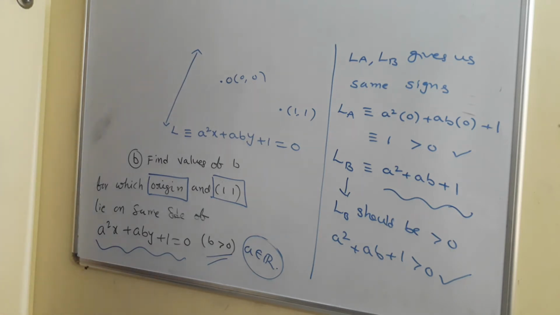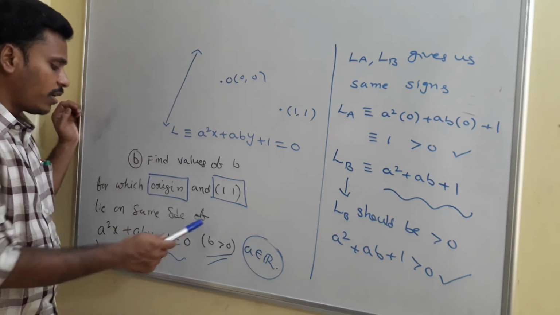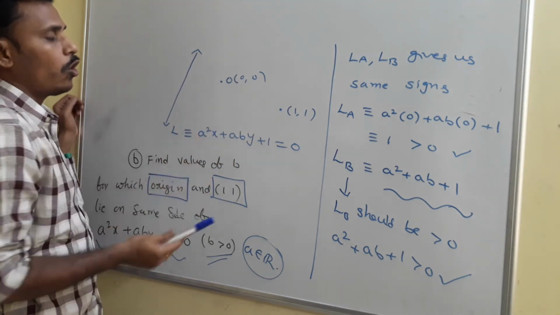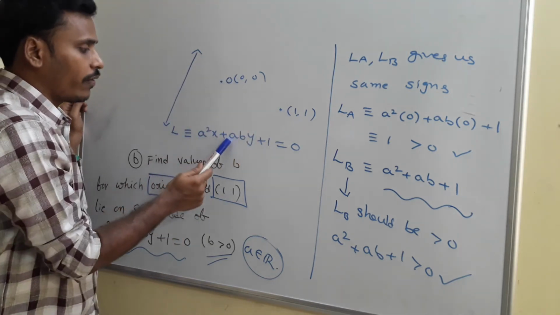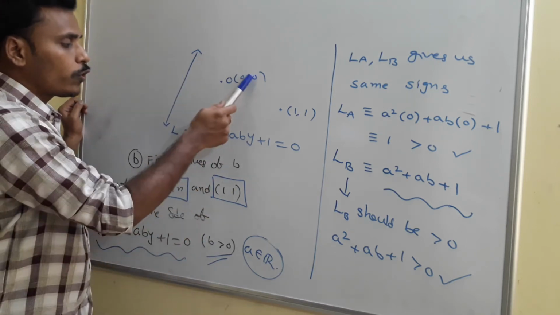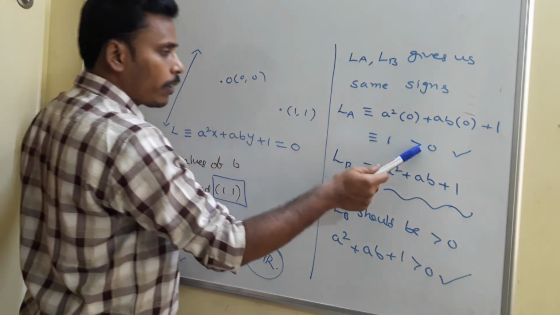Once again look at the problem, and I will arrange this for the space concern. I have a line and 2 points. Those 2 points are on the same side of the line. So if you substitute these 2 points in the given line, they need to maintain the same sign, either positive or negative. If you substitute the origin in the line, you will get a positive number.